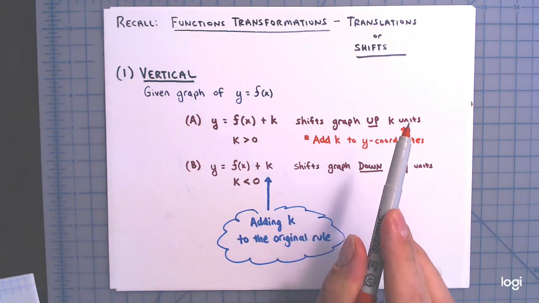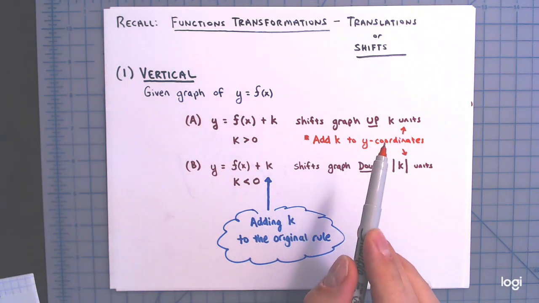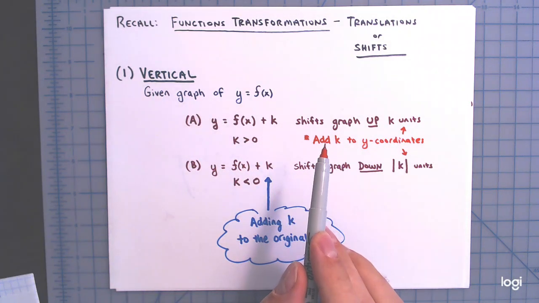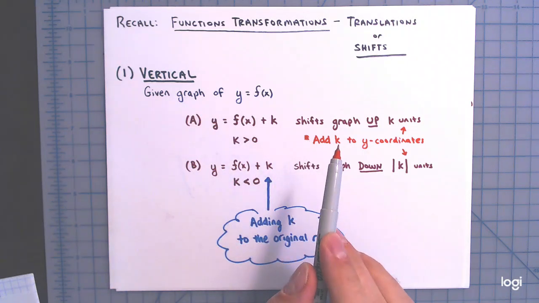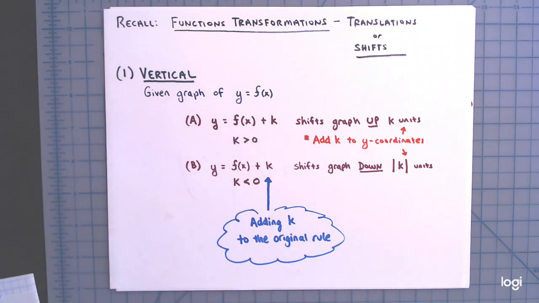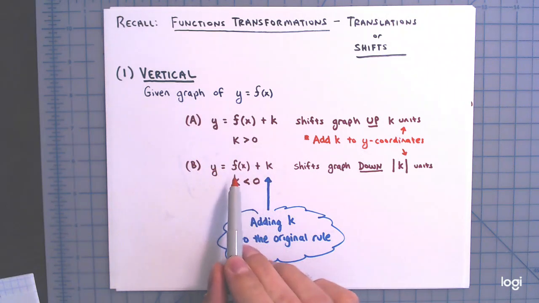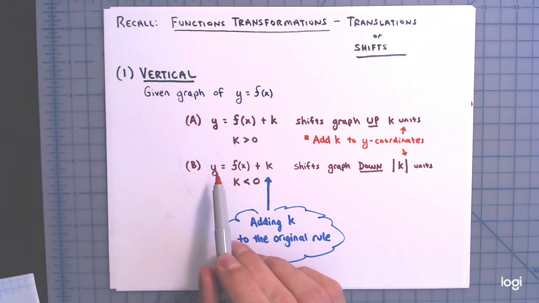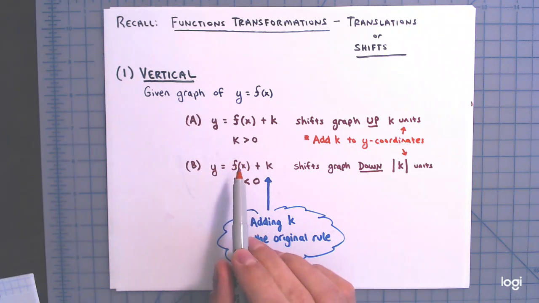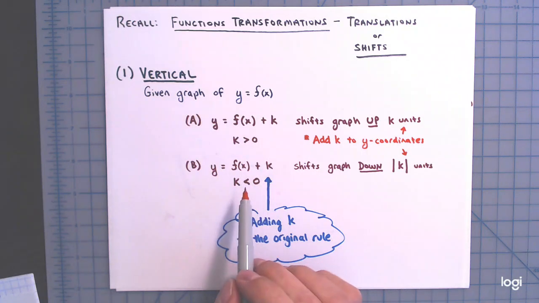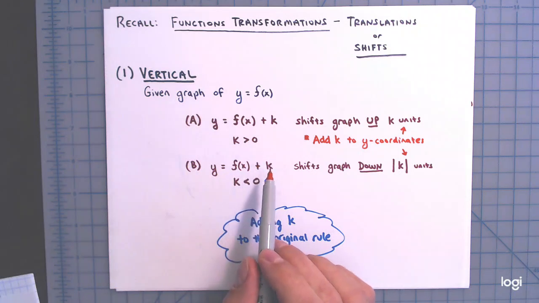up k units. And all you would need to be doing in either of these cases is just adding this k number to all the y coordinates of the original graph, and then it'll shift your graph up k units, or down k units if k is negative, and that's the second case, case B. If I have y equals the original rule and then plus k, but k is a negative number, say negative 5, minus 5, minus 7,